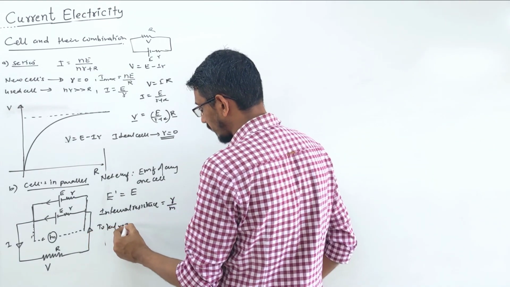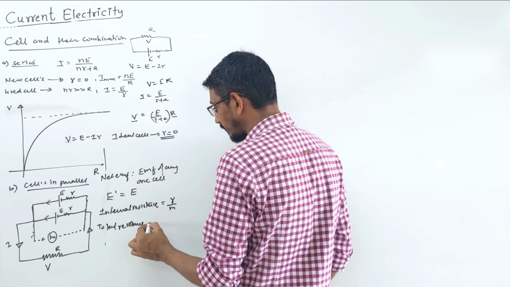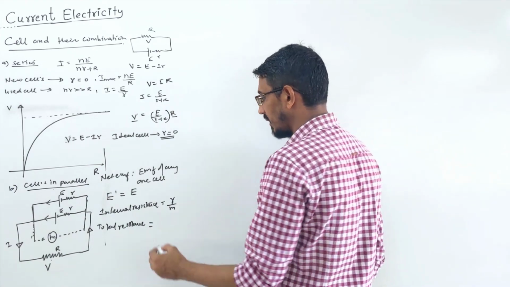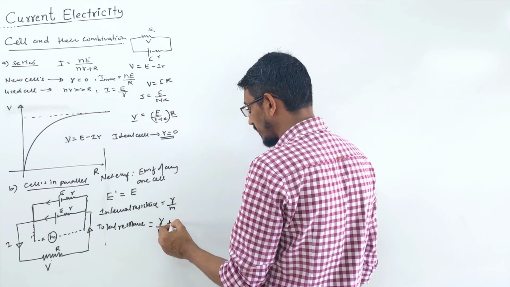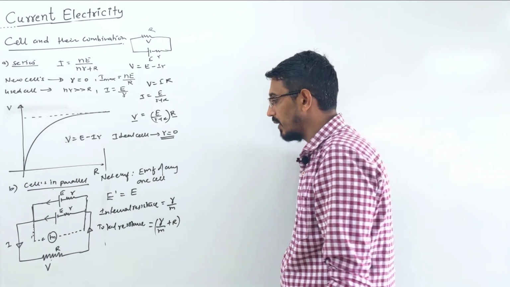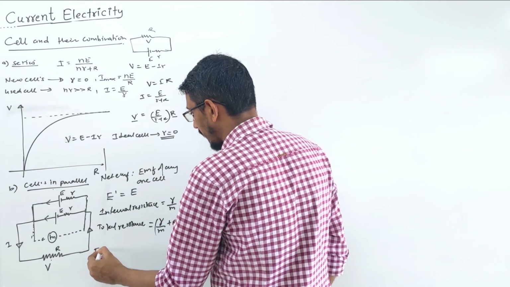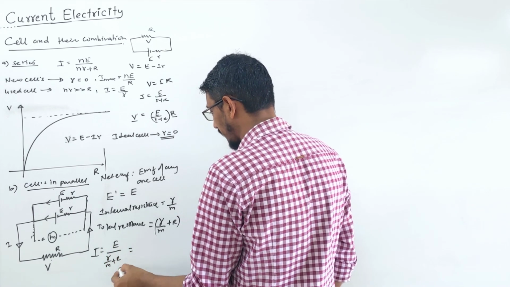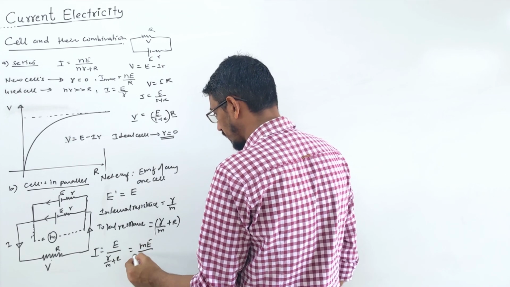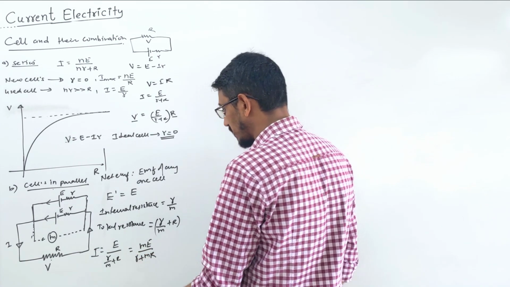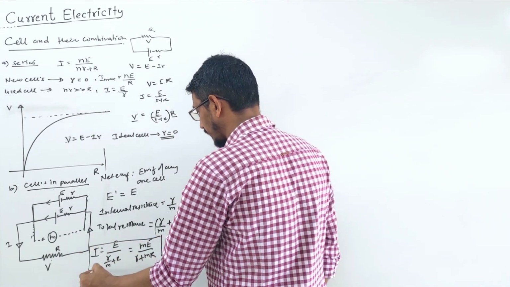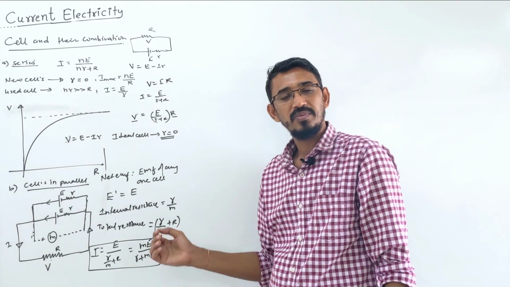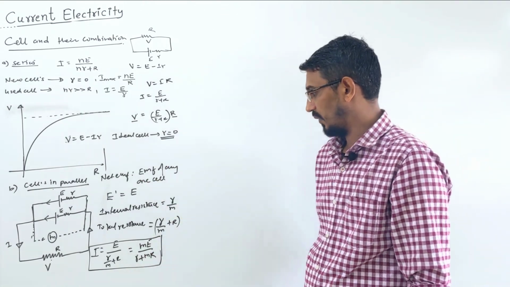Now the total resistance. These you have solved. Now this and this will be in series, right? So the total resistance becomes r by M plus R. Now you want to find the current. So this is your answer: current will be E, the EMF, over the resistance r by M plus R. You can simplify this: M into E upon r plus M into R. This is the current flowing through the circuit when M cells, each of EMF E and internal resistance r, are connected in parallel.